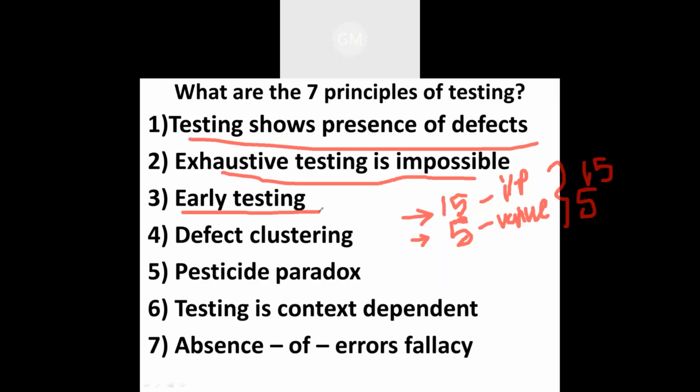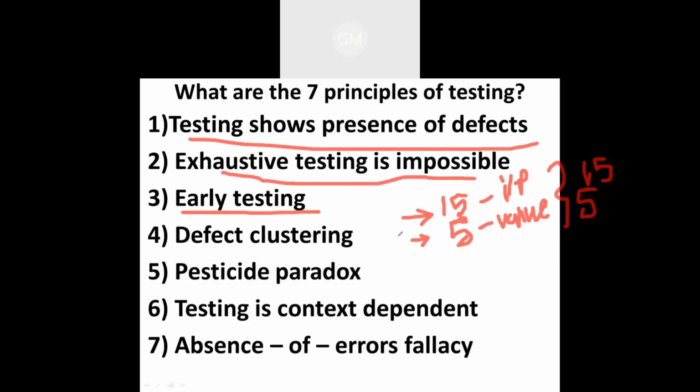Now the third software testing principle is early testing. In this early testing, as we saw in the first lecture itself, the software development life cycle. Even in the previous lecture also I explained the software testing life cycle, and even the difference between the software testing and software development life cycle. In that software development life cycle, as we saw, the fourth stage is the testing cycle. So whenever a particular software is going to be developed or implemented, at that time the testing should be started, not after completion of the whole project